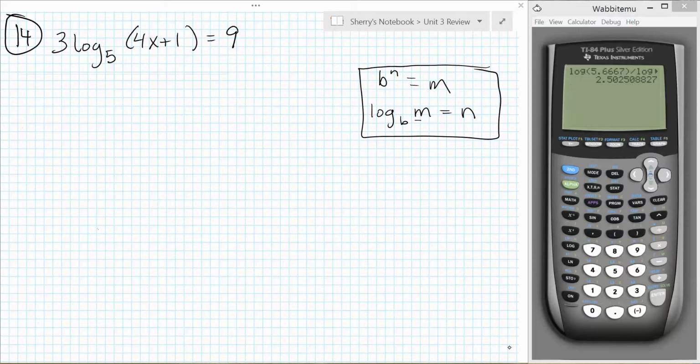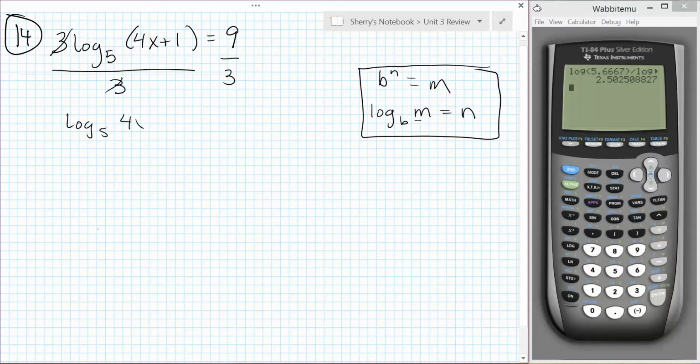It's just the log, the base, and a number. Right now I've got the log, the base, and my thing here, but I've also got this 3 that's outside, so I've got to take care of that before I can do any solving. So I'm going to go ahead and start. It's 3 times that log, so I'm going to divide both sides by 3. That's going to get me log base 5 of 4x plus 1 equals, here 9 divided by 3 gives me